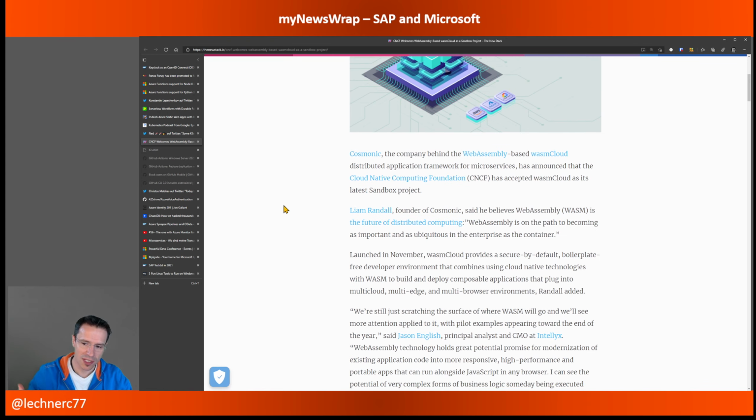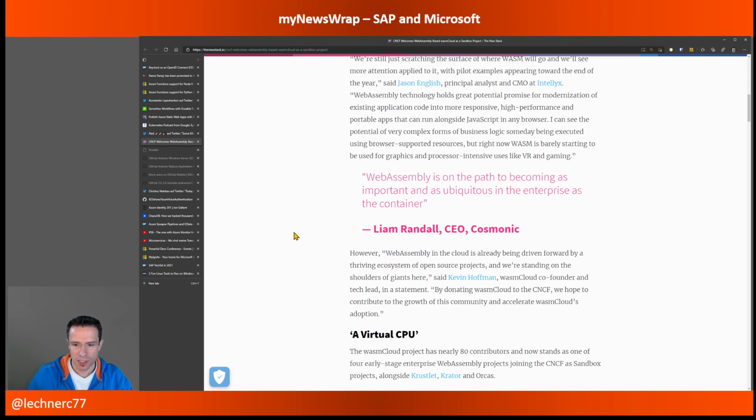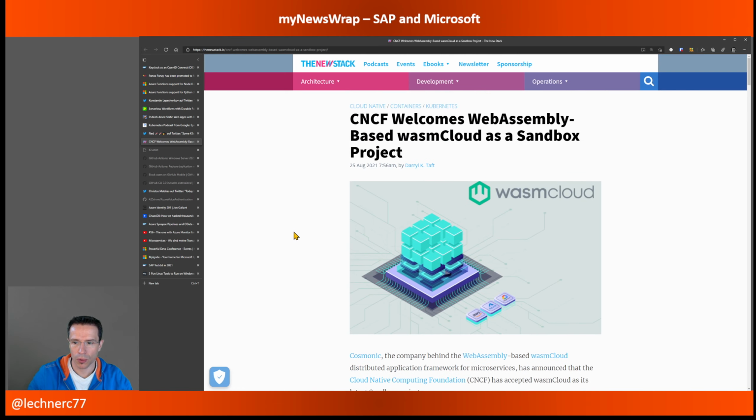Quite interesting because, as I said, this is currently something that is treated as the next logical step after containers. So yeah, interesting to see that was now promoted within the CNCF.